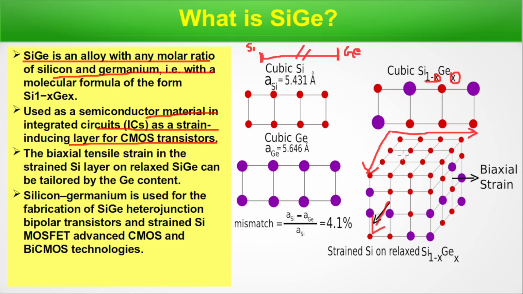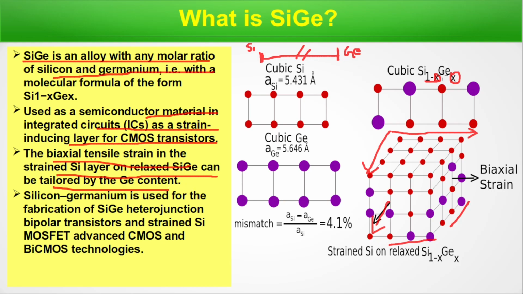In two directions it's strained, because it's getting stretched in this direction and this direction, right? This is biaxially strained silicon. It's a standard method, and that's why we have added this slide. The biaxial tensile strain in the strained silicon on relaxed silicon germanium can be tailored by germanium content, because strain